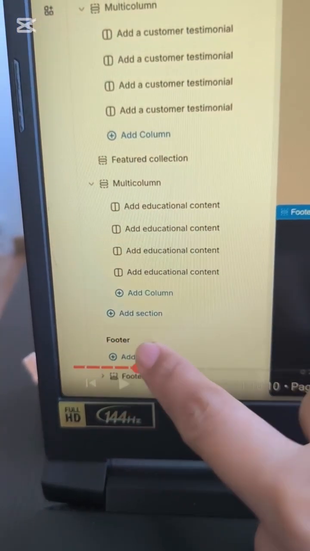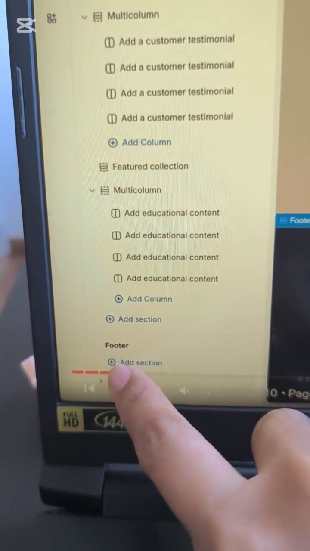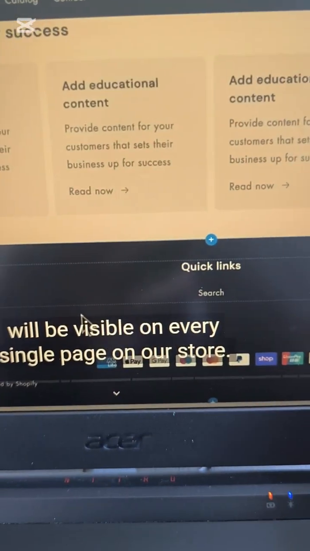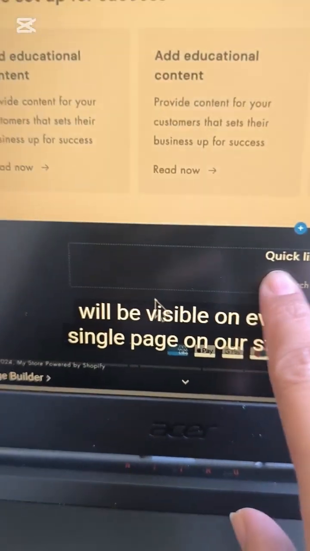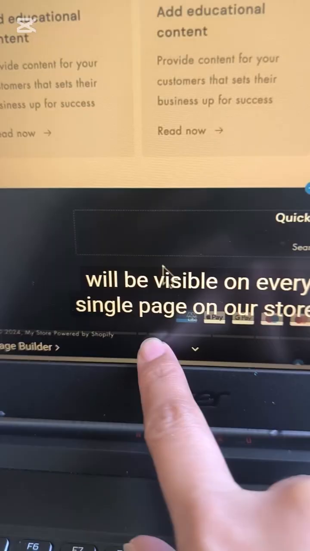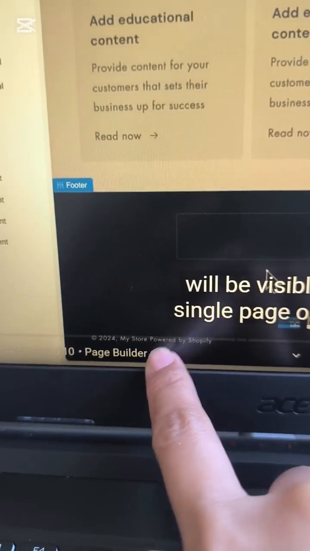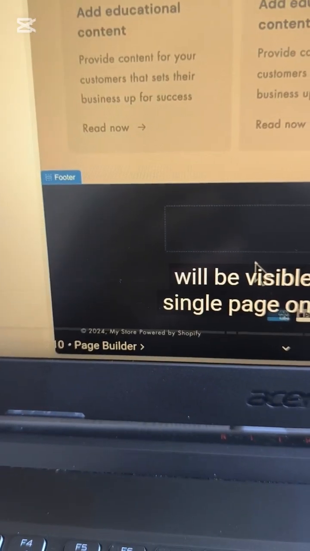And also regarding the footer, you just scroll down from the top of the header up to the bottom, you can see the footer. You can also add section in there, and this is the footer in our website. So you can put in the footer the different kinds of payment methods and the policies, and your copyright.